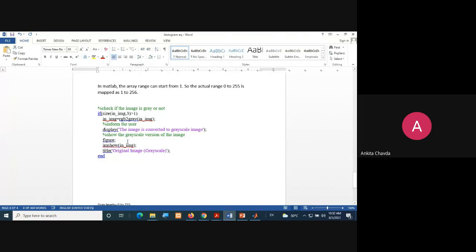Here what we are doing is, if the third dimension of the size of any image you have read is greater than 1, it means that image is your RGB image. Fine. So that image I need to convert into grayscale. So you can check like this whether your image is an RGB image or a grayscale image. How will you check that in the condition? You will check like this, what I'm showing you. Okay. I hope it is clear, everybody.